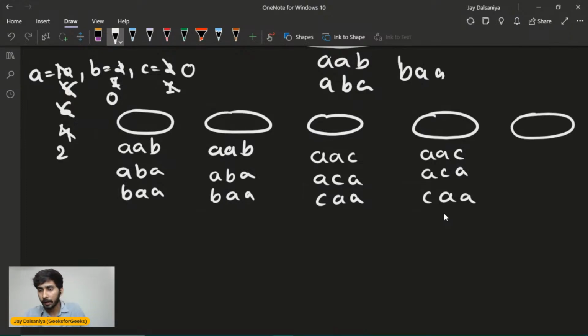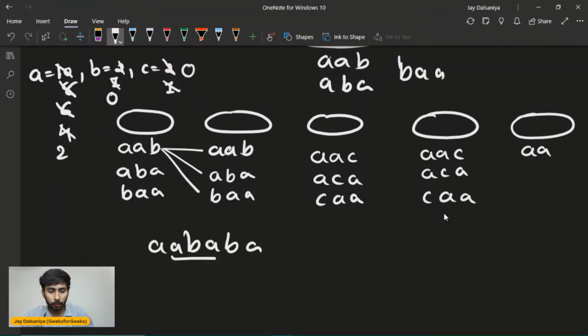So for the last triplet, there won't be any 3 characters possible, but 2 characters are possible at the last triplet. So this is the arrangement possible. And now if you want to know this string, you can simultaneously join every possibility so that no consecutive 3 characters will be the same. So what does it mean? For AAB, for this triplet, if I am taking AAB, what will I be doing? For the next triplet, obviously you can pick any of these. You can go for this one, this one, or this one. So AAB, ABA is a possibility. No 3 consecutive will be of the same type.